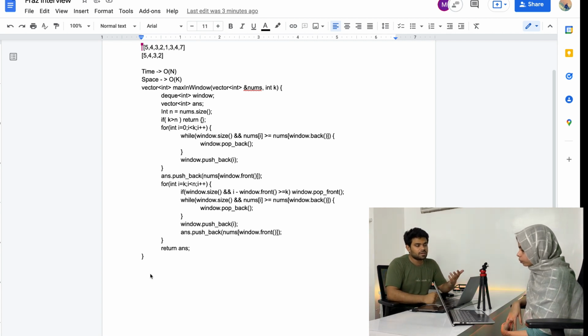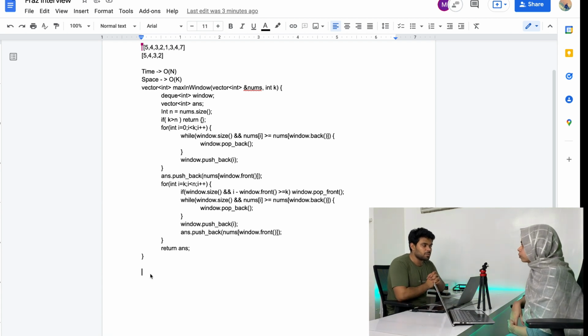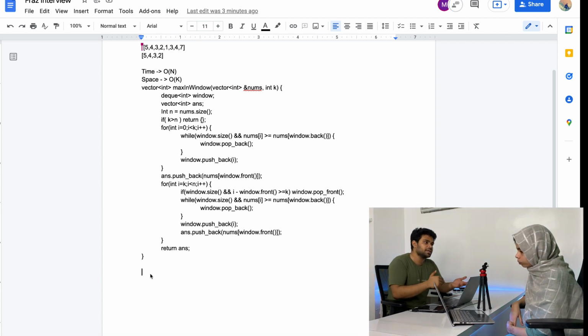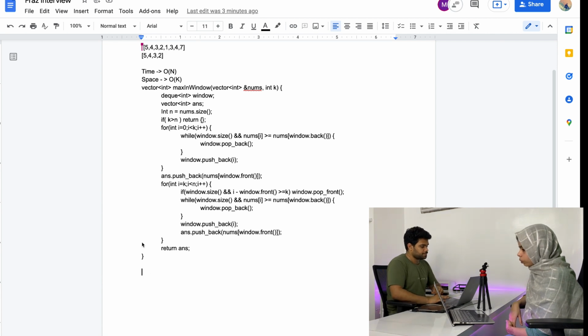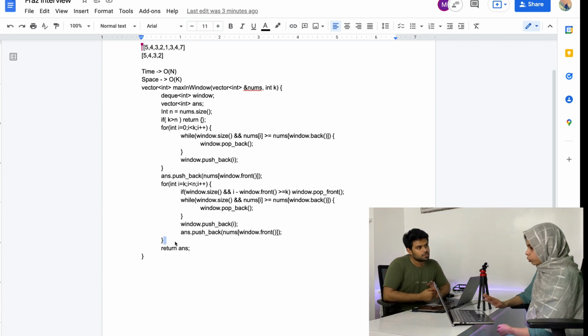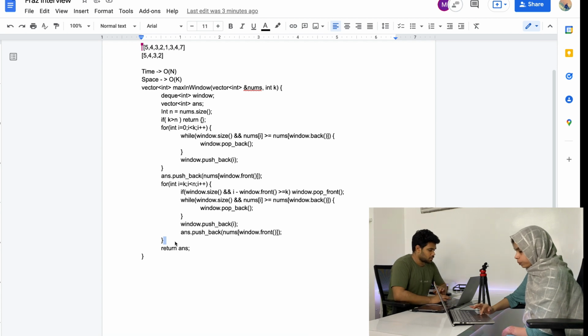So for that, we can maintain an unordered map, which will have the key value pairs. The key is going to be the number, and the value is going to be the index on which the number is placed. When we are doing the swaps while deleting, we will make changes to this map. Whenever we are inserting a number, we will make changes to this map, right? Okay, so your approach looks fine to me. You can code the solution now.